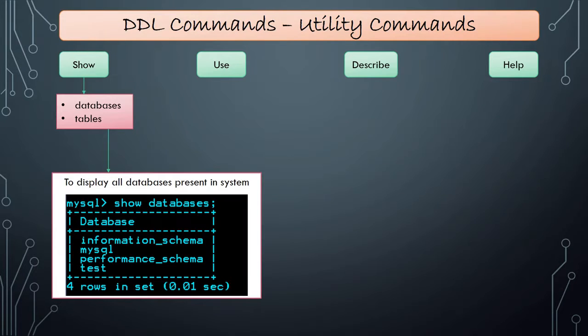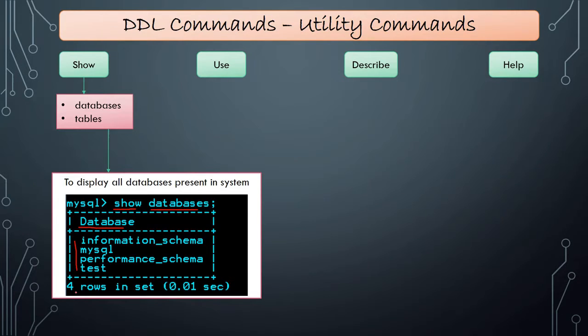So my first command, to display all the databases that are present in my system, is show databases. So you can see over here we are writing the command show databases, and after running the command, we are getting the output. As we all know that MySQL commands end with semicolon. So here it ends, and when we press enter, we will get the column heading database, and we are having 4 databases in our system, that is information schema, MySQL, performance schema and test.